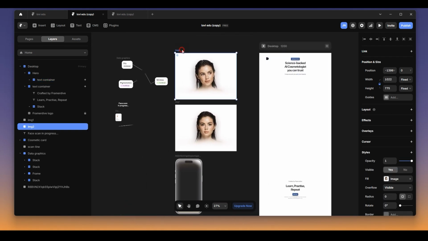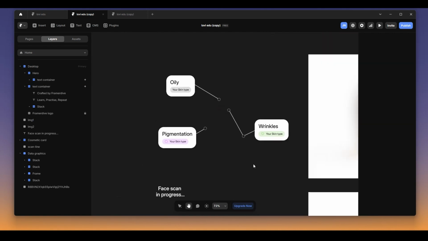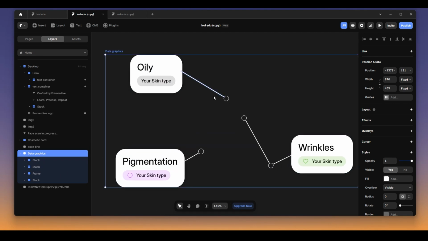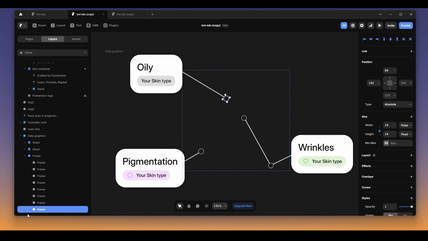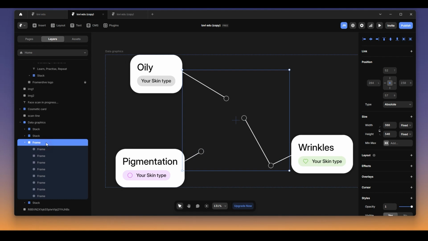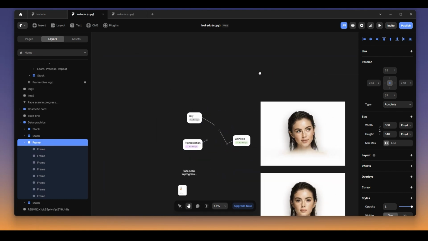So this is just an image, but here this is something that I did rebuild, and as you can see, these are just a stack and text inside, and these white ones are just lines and circles that, as you can see, are just a collection of frames inside a frame. So if you wanna quickly do this, I'm gonna put the remix file below